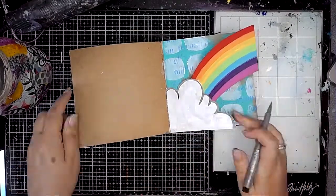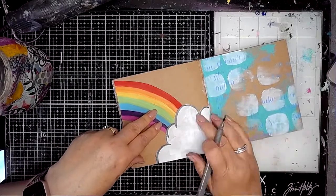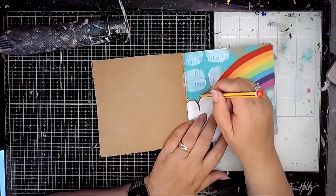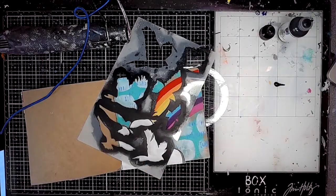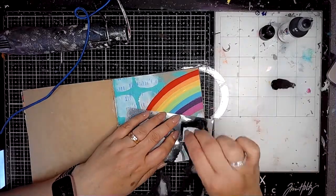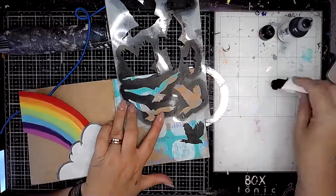So this is a Pitt marker pen and I'm just adding some shadow onto the edge of the cloud. I'm going for a kind of, I don't know, almost like a cartoon look I suppose with the cloud. And then I'm just sort of sketching where that goes, and I'm going to use this stencil from Dina Wakley. It's a Scribbled Birds part of that set, and I'm using some black paint and I'm just adding some birds